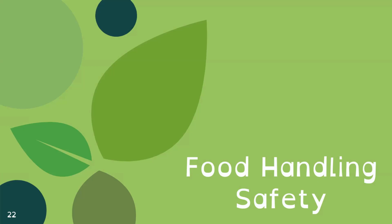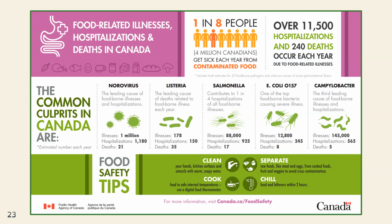All right, so that's the personal hygiene portion of keeping yourself and your community safe. So now let's look at food handling safety. So first, why would we even care? Why does this even matter? So this is a graphic